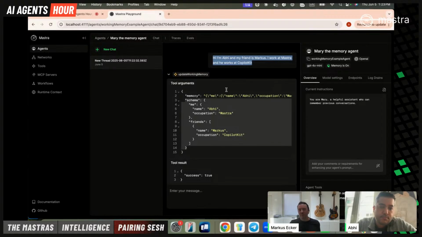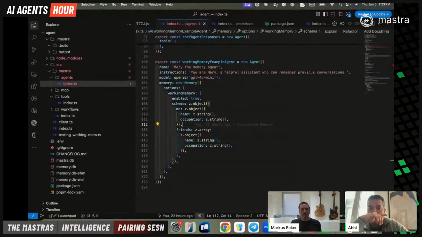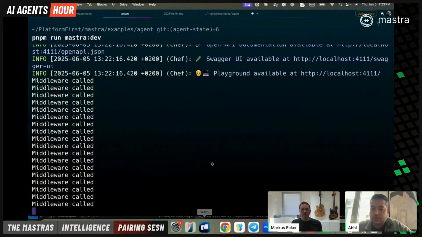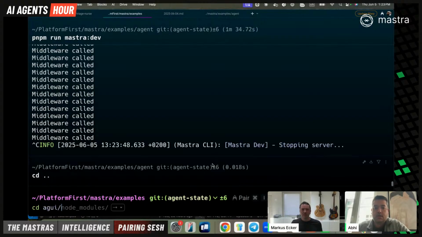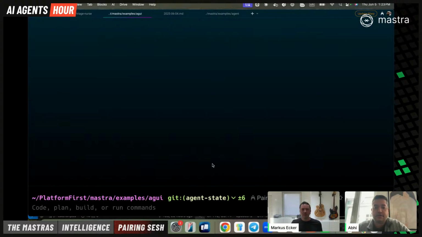I guess what we could do, we could take two paths. First, we could set up an interactive development environment, so we can see things happening in real time, if that's what you want to do, or we could just build it first and then connect to it. So what do you think is best? I think because I have my AGUI example, we can go there. And I know it's not the latest on stuff, but